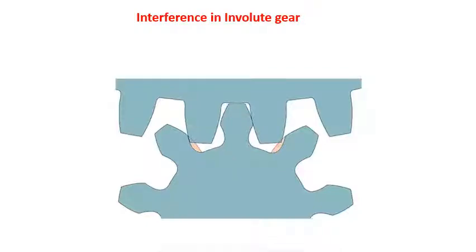This occurs because of shifting the point of contact between the two gears below the base circle. Therefore, involute can exist only outside the base circle. That is one of the major reasons for the interference: the shift in the point of contact between the two involute gears, right? Below the base circle there is a shift in the point of contact between the two gears. So because of it there is interference between the two gears.